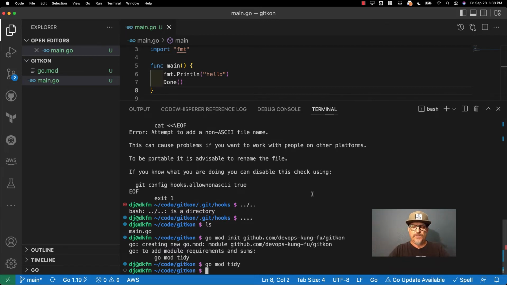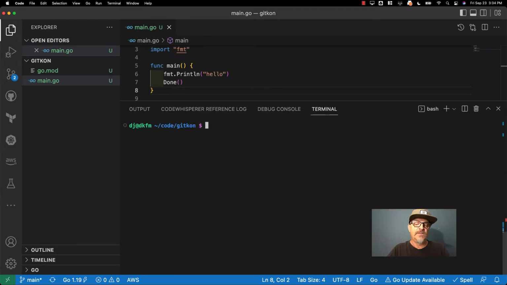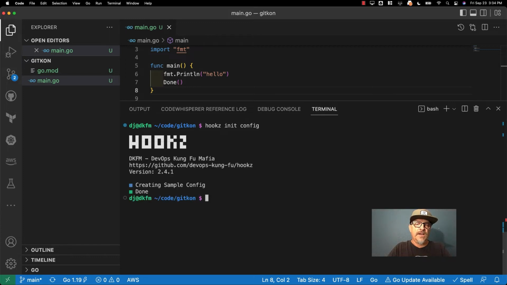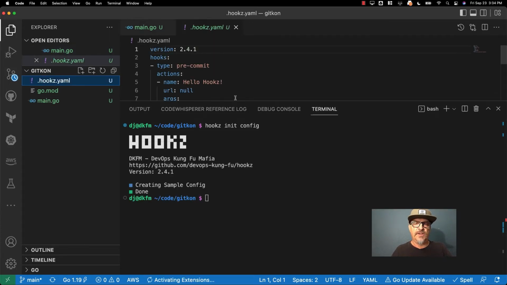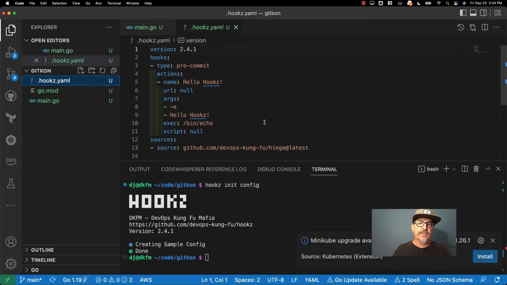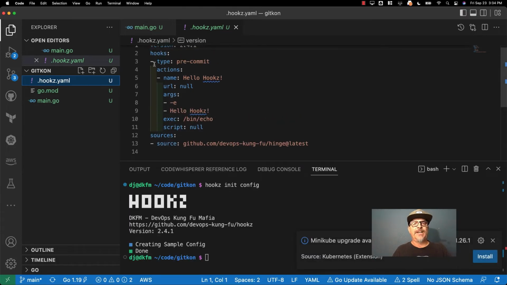Again, hooks just works with anything. I have hooks again pre-installed using that homebrew tap that I let you know earlier. So now I'm going to initialize hooks, and I'm going to do a hooks init config. And what that'll do is it'll create a sample configuration here, and you'll see it's called hooks.yaml. And it's separated into a few sources. This is a type of pre-commit, and if I run this right now, it's just going to say hello hooks,